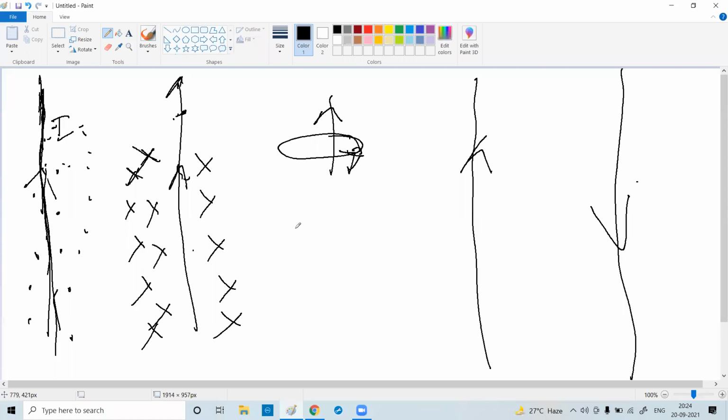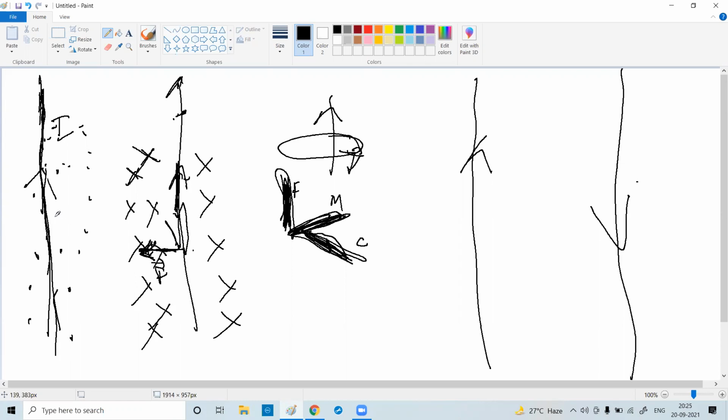We will apply Fleming's left hand rule. What does the left hand rule say? Father, mother, current: this is the thumb, which gives the force. This finger gives the magnetic field, and this one gives the current. So keep the current in the upward direction, the middle finger this direction. The magnetic field is going inside, so the thumb will be in this direction. That means the force applied is this way.